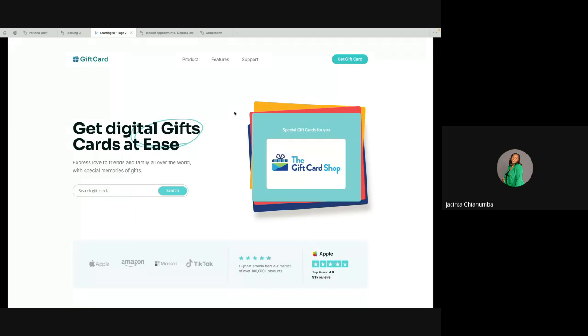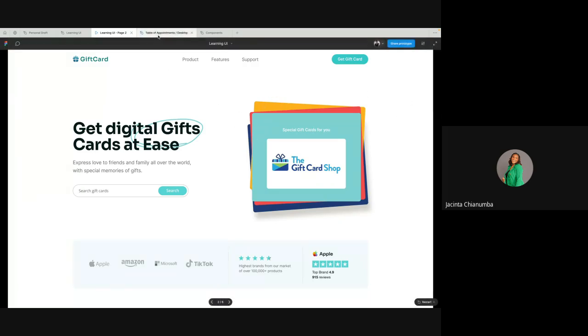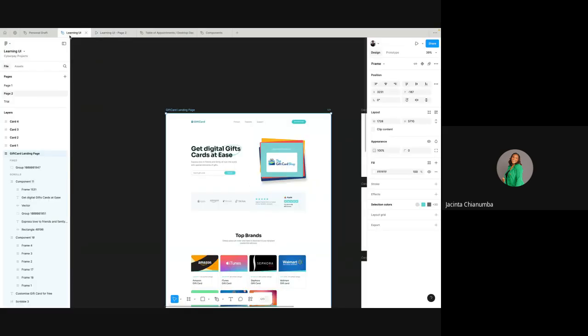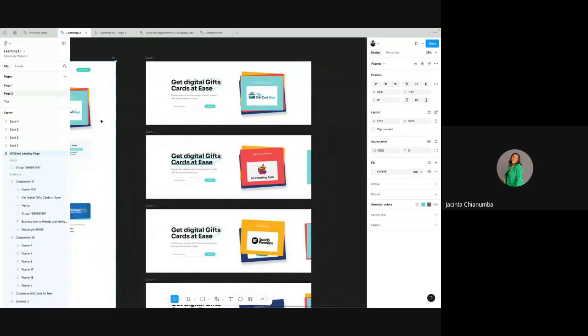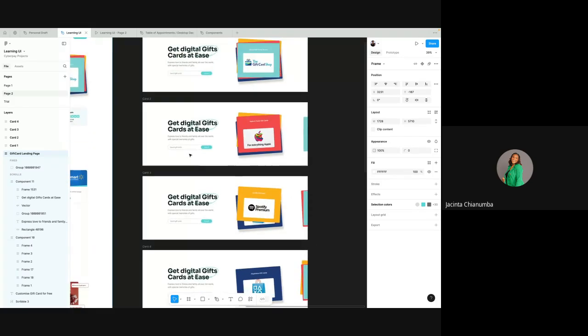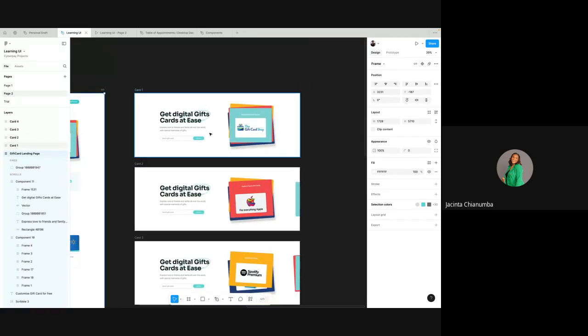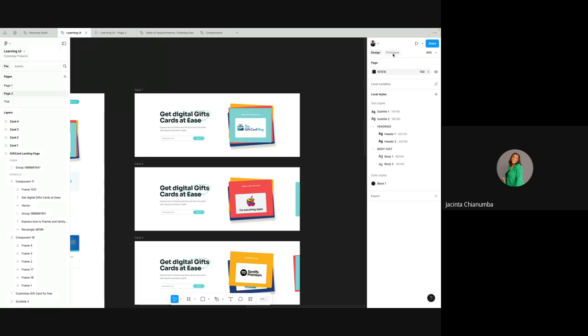So there's apparently no animation on this hero section. So we are trying to create a little bit of animation on this hero section by making this card move to the right and come back. Since we duplicated this card into 4 different steps, into 4 different parts, it's now time for us to animate them. So on this prototype,